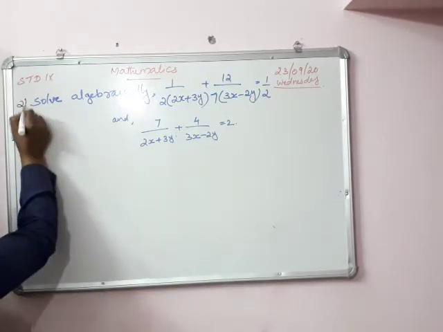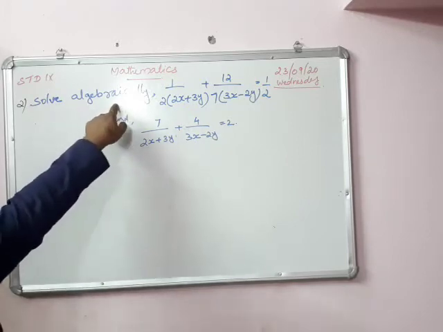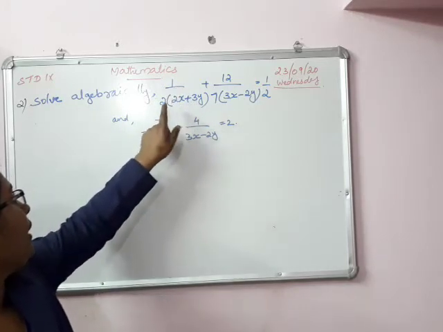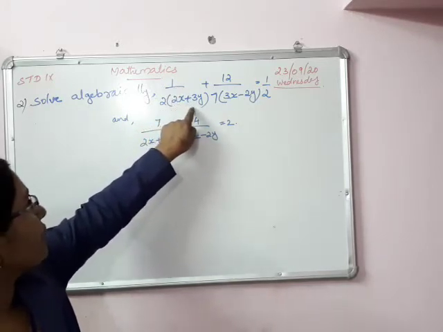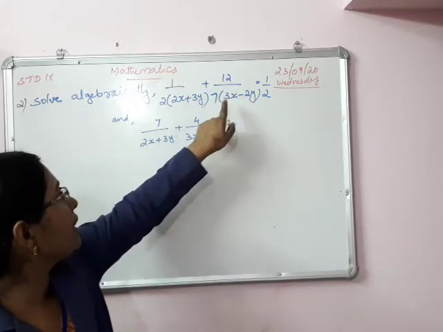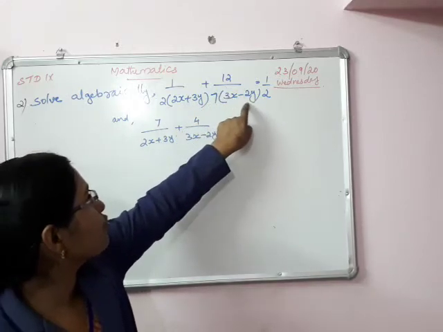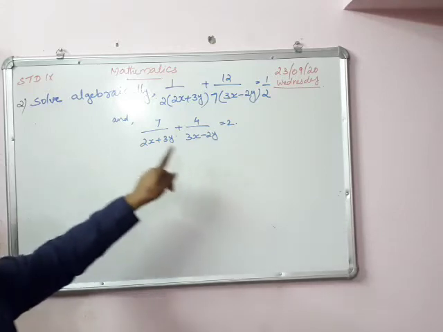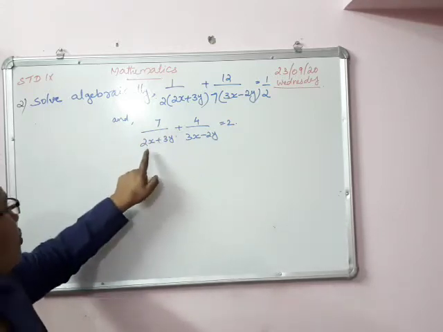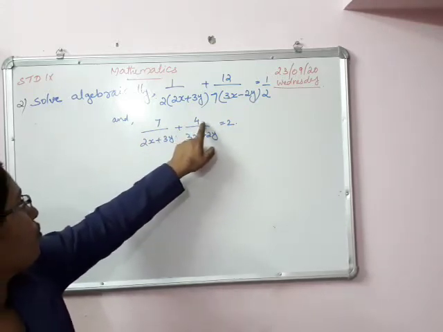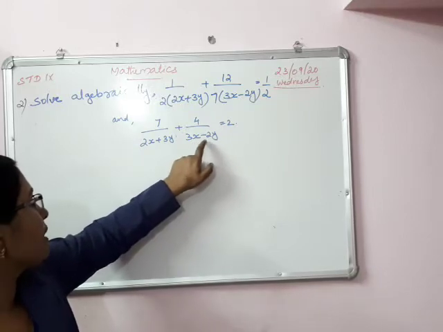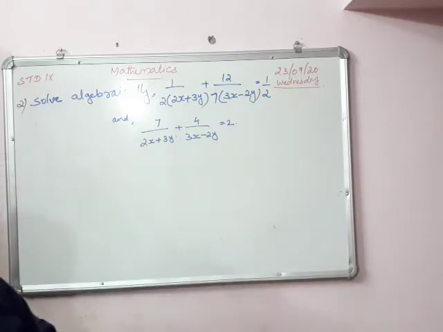The next question, question number 2. Solve algebraically: 1 by 2 into 2x plus 3y plus 12 divided by 7 into 3x minus 2y is equal to 1 by 2, and 7 by 2x plus 3y plus 4 divided by 3x minus 2y is equal to...